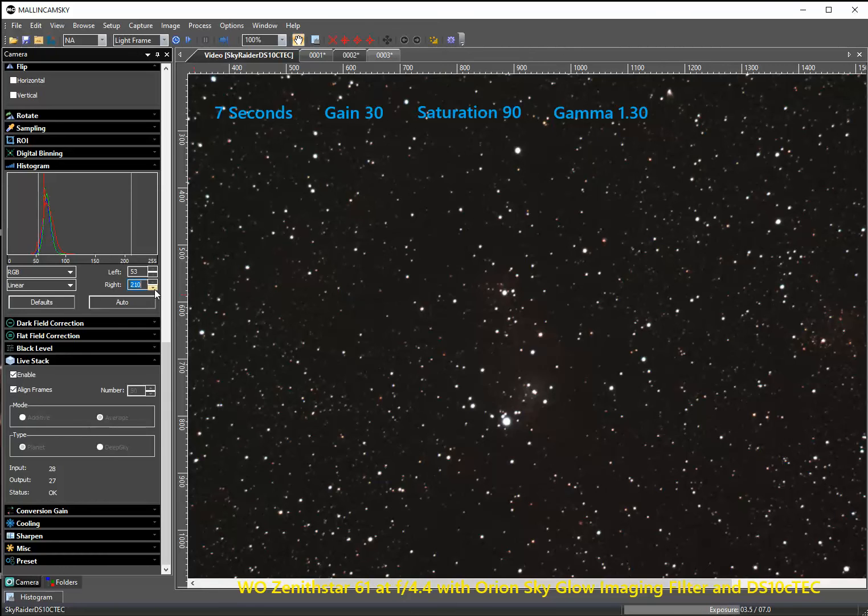Okay, another gamma, a white point bump downward. I've always had issues getting the cone to come out. You're getting a hint of the...